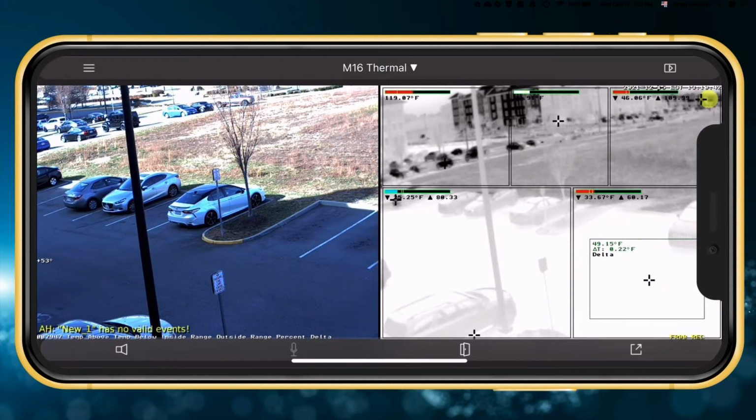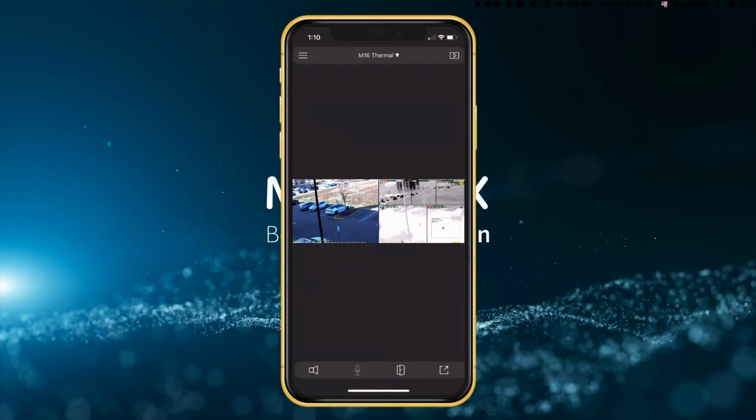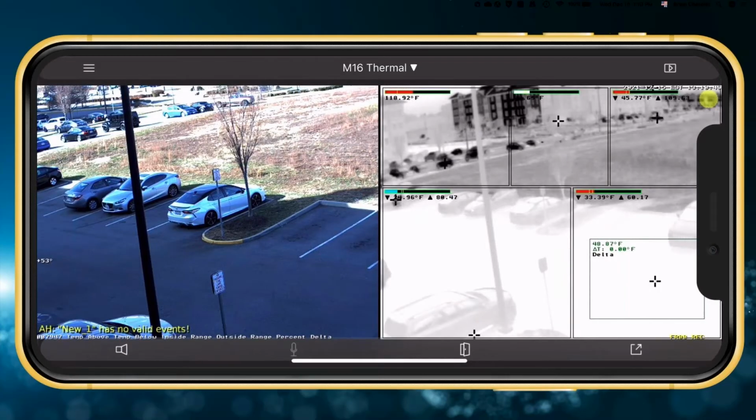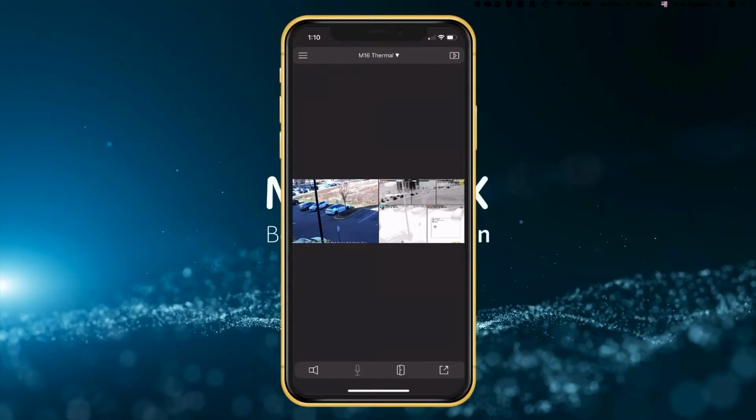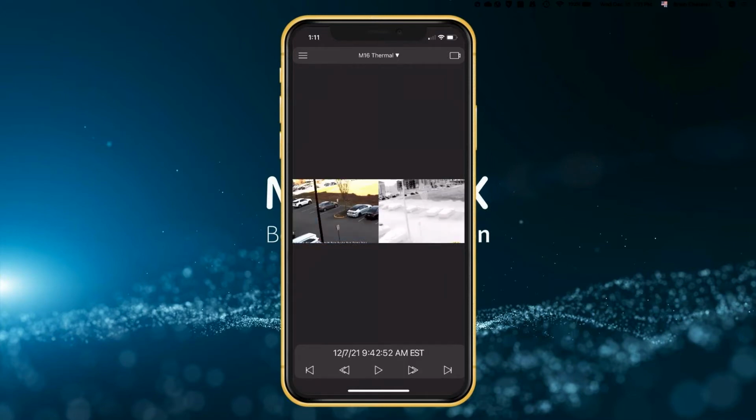So again, if I hold my phone vertical or landscape, the screen reacts. So I'm in that camera. You can see the camera's named at the top, M16 thermal, and then over to the right you see what looks like a play button. If I do tap on the play button, it's going to put the camera in a playback mode.